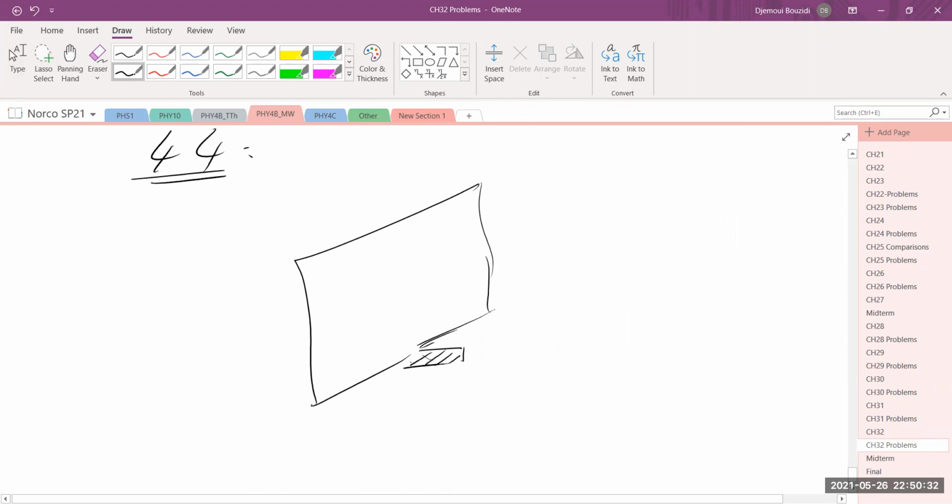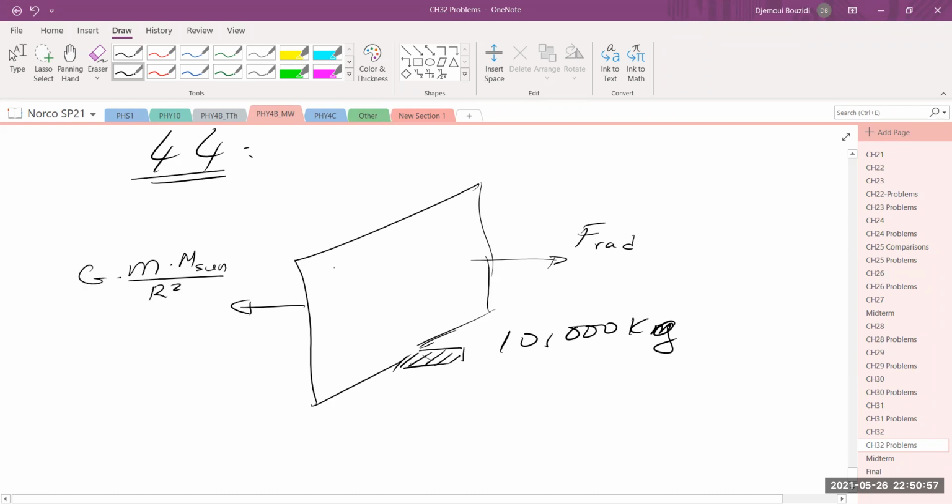Here is basically a ship, 10,000 kilograms, and you would want it to sail due to the radiation. So the radiation is pushing it with a force in here, but the gravity is pulling it toward the sun. So this is the mass of the sail times the mass of the sun divided by the distance squared between it and the sun, times G. So this force of radiation must be at least equal to that number